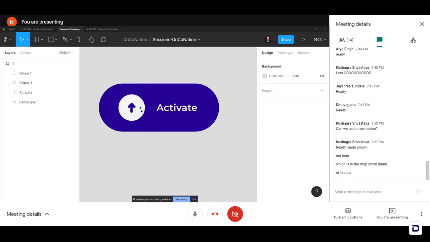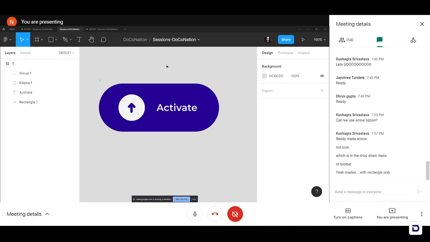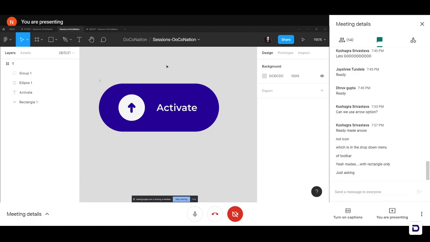But again, you can simply just use rectangles to make them, because it's going to be easier, because you saw how we're transitioning the little up arrow icon into a tick, right? So it'll be easier for us to transition from that to that. You can also make an arrow using the pen tool. Yeah, if you want to make an arrow using the pen tool, you can definitely go ahead and do that.